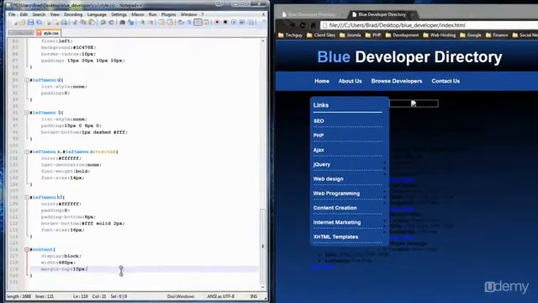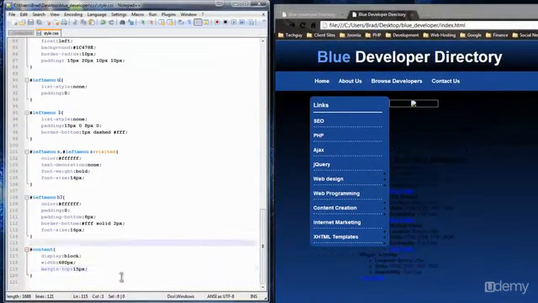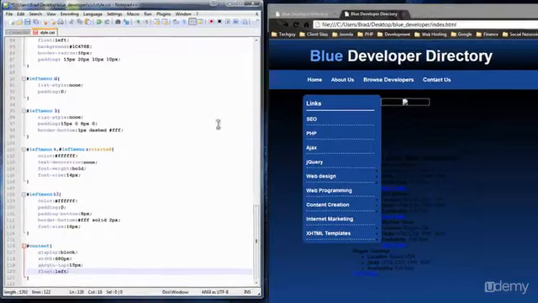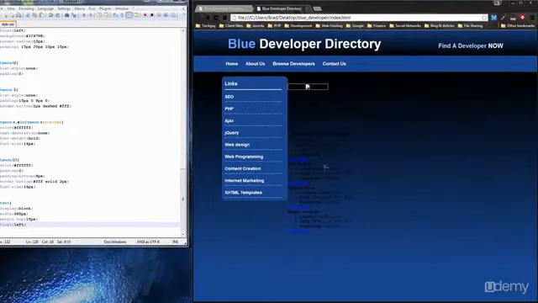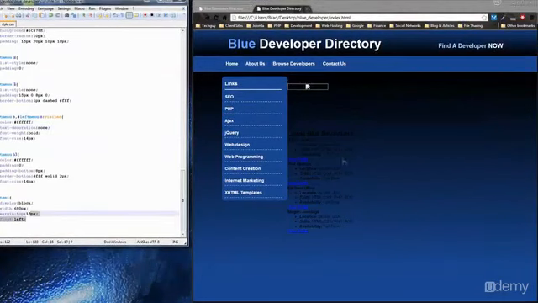Alright, so let's save this, reload. Not much different. Let's float this to the left and save. Okay. What else we got here? Alright, so this is actually, these content